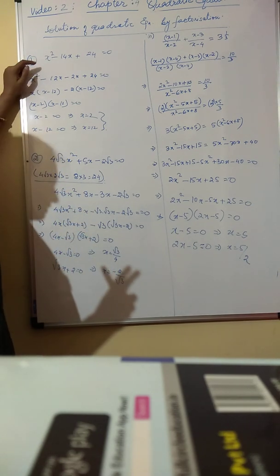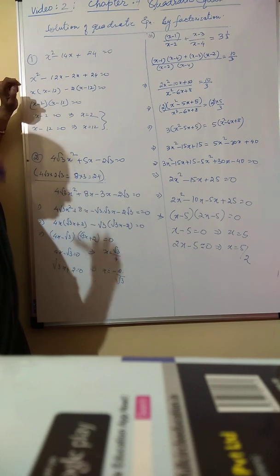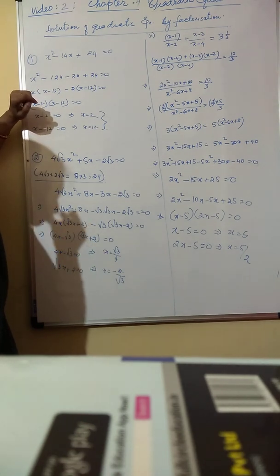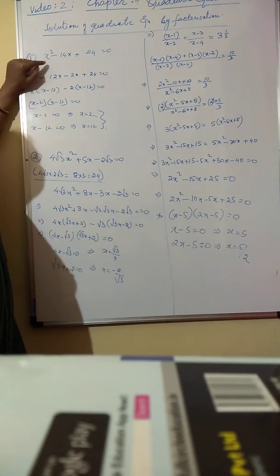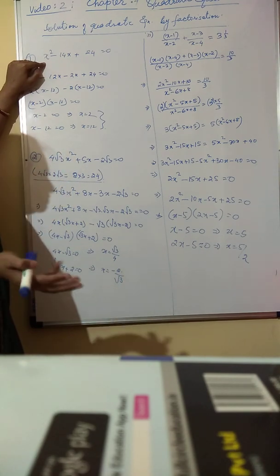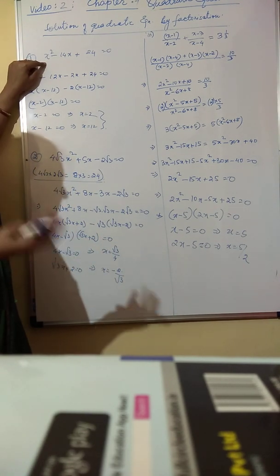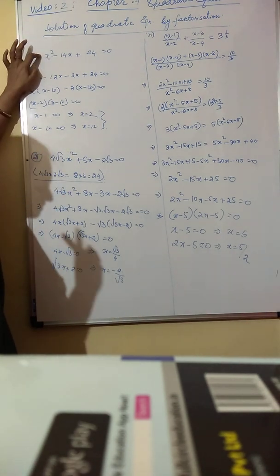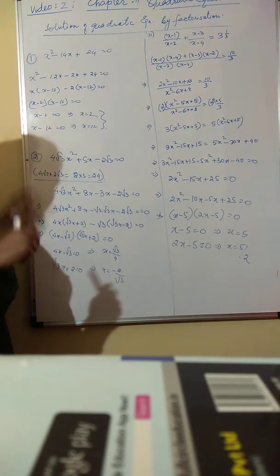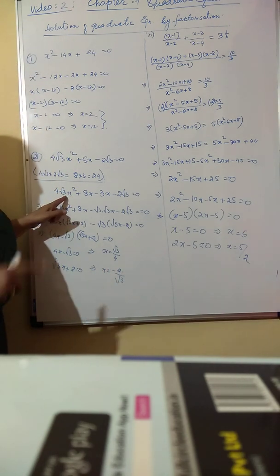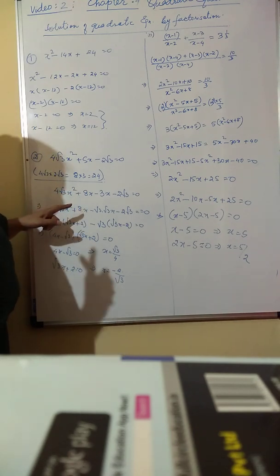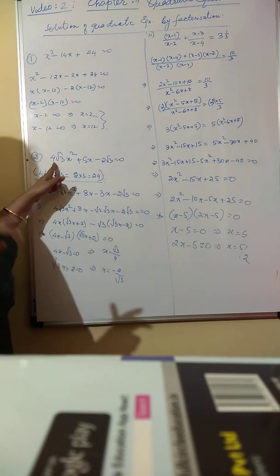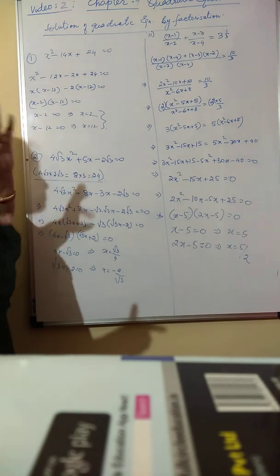As I said, you get basically two different types of equations to factorize. One of them is where the coefficient of x square is 1, because we know this is a quadratic equation, so x square has to be the highest power of the variable. This is one type. The second type is that the coefficient of x square is not 1. We have only two types: first, where the coefficient of x square is 1; second, where the coefficient of x square is not 1.